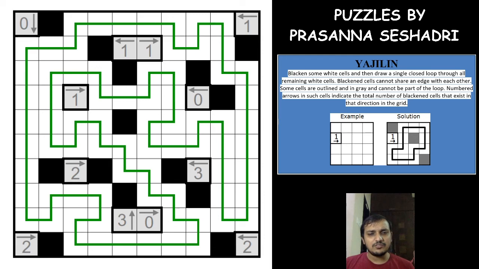So there were a few things that we learned in this Yajilin puzzle. A 2x2 area at an edge will never have two shaded cells in it, and a 3x2 area or 2x3 area anywhere in the grid will never have three shaded cells, and one cell away from the corner will always be unshaded, and at an edge or one cell away from the edge, at any row or column, you will never have two black cells and one white cell in between. You need to have at least two white cells in between two black cells. So these were the tricks that helped us to solve this Yajilin puzzle.